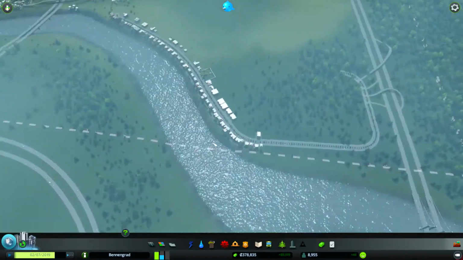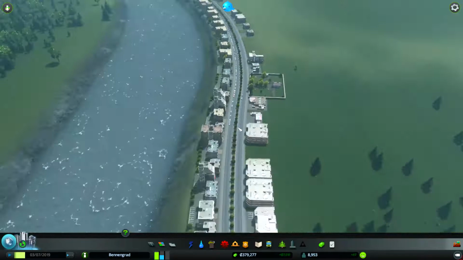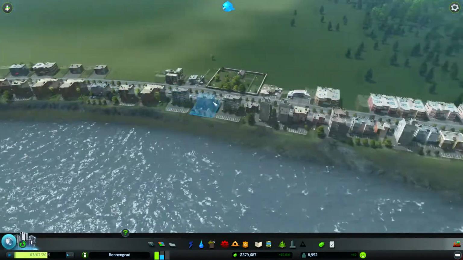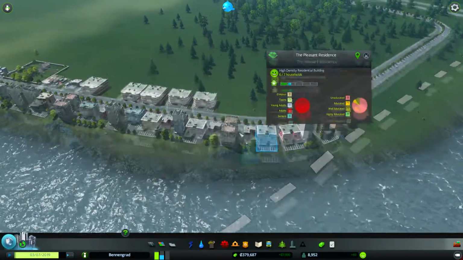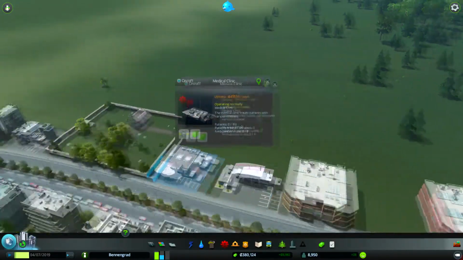There's very few areas where the traffic is so heavy that it doesn't work correctly. And we started our high-density commercial area, not commercial, residential area right here. It's got this nice long strip along the river. Looks very, very good. We have office buildings on the other side, right over here, and we have a bunch